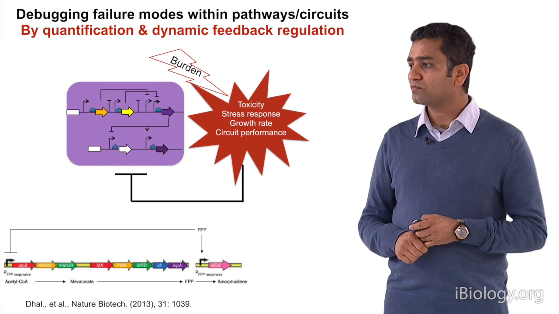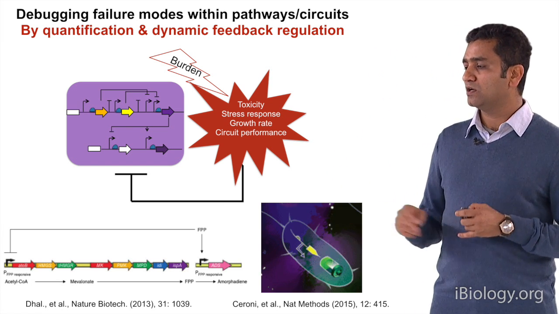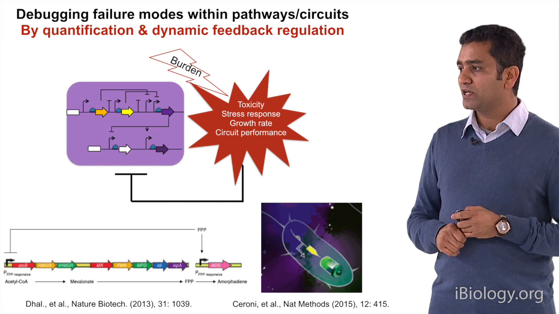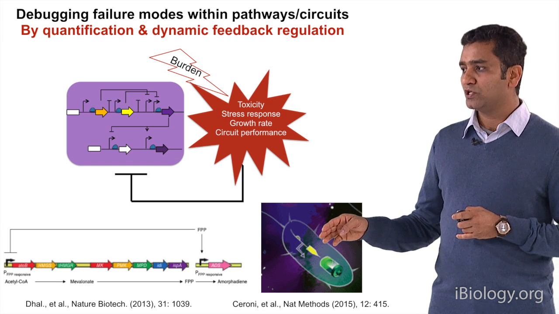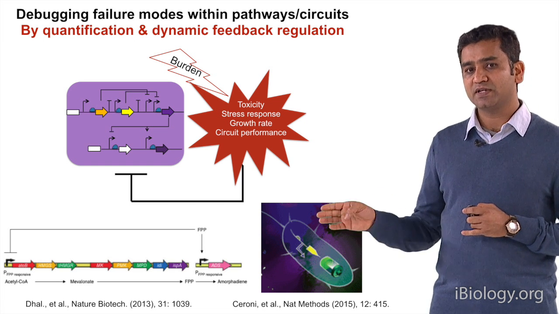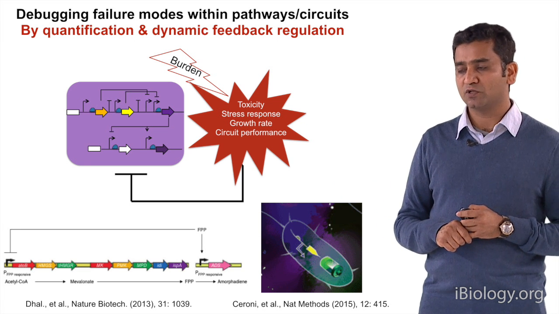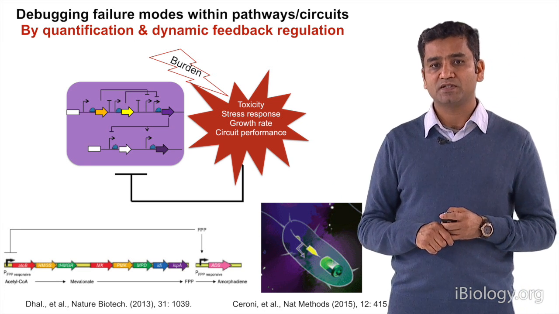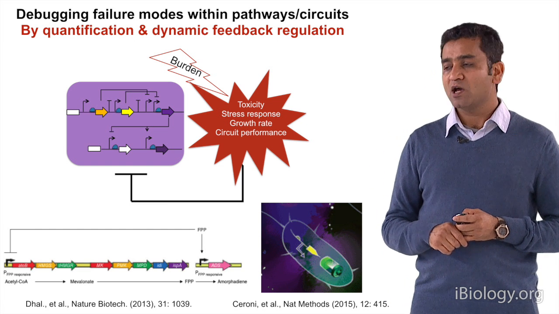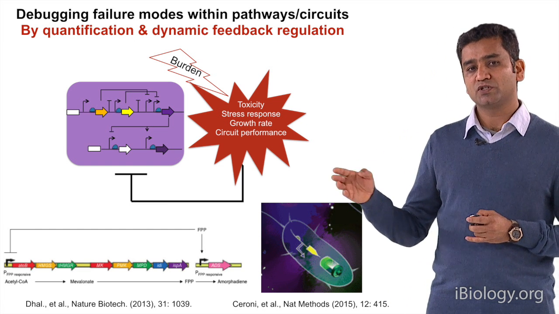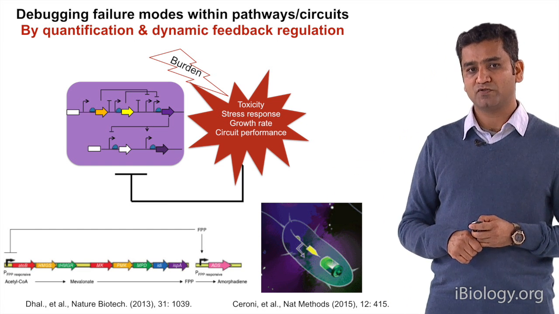Then the second one is from Tom Ellis' lab. What they did was build a stress detection methodology where they have a GFP cloned on the chromosome, which can quantify the stress levels of the protein that you want to express. By quantifying that, you can find a solution for how to remediate or debug the stress levels.